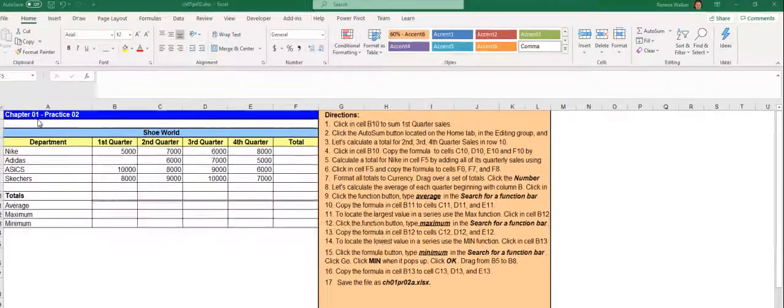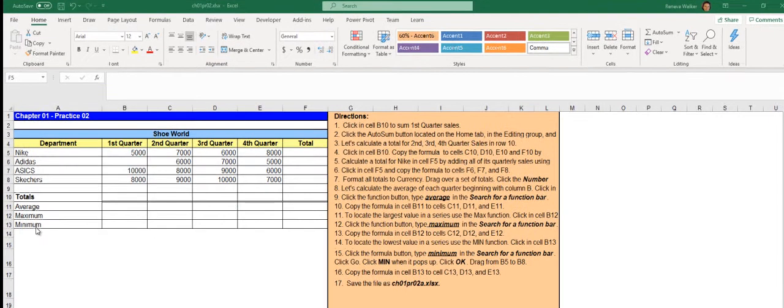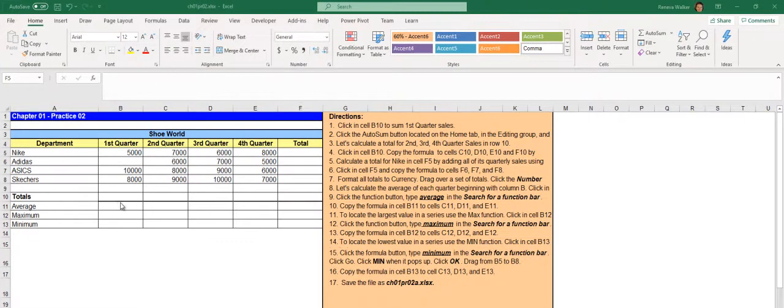In this exercise, Chapter 1, Practice 2, we will sum a column and sum a row. In addition, we will calculate an average, find the largest value in a series, and find the lowest value in a series. We will begin in cell